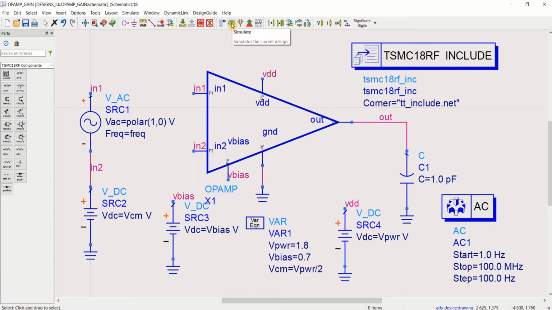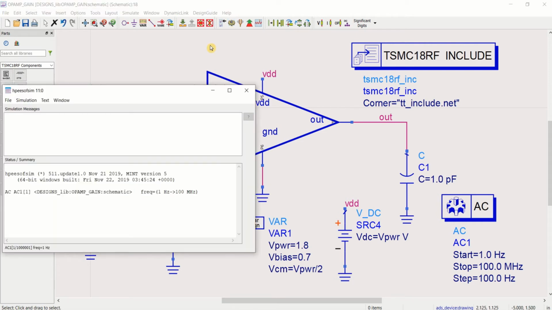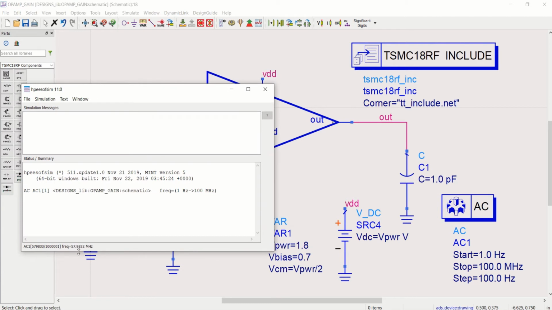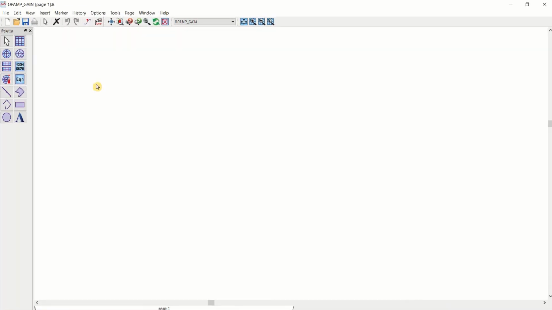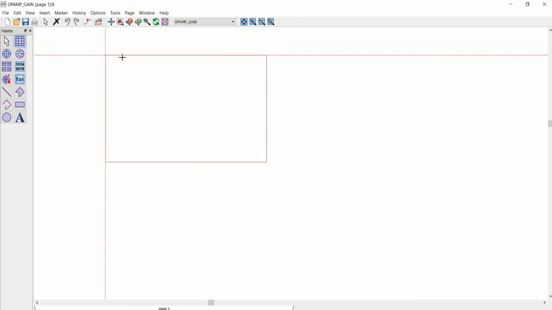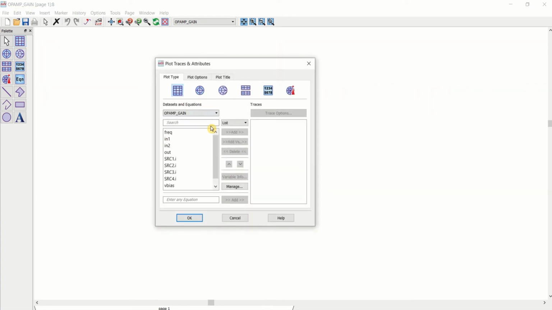Now try to simulate this. It is performing the AC simulation starting from 1 Hz up to a frequency of 100 megahertz. Now you can plot the results. Use the rectangular plot. Click on it.